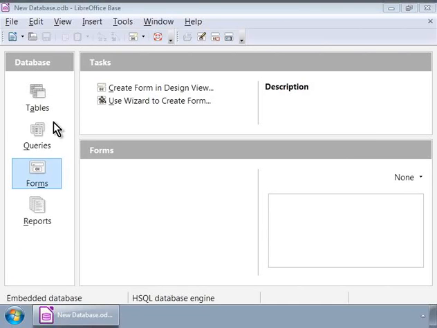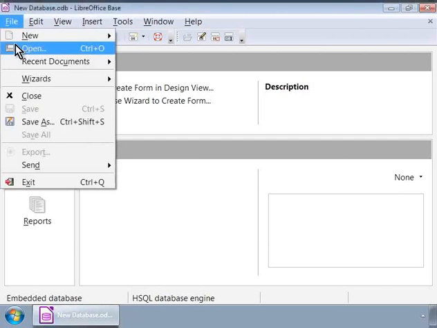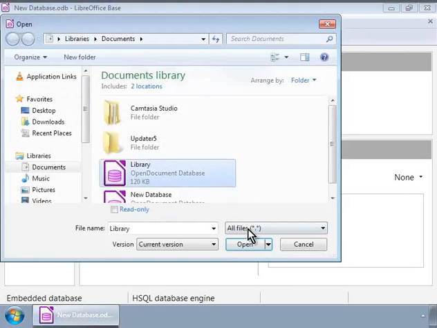Let us first invoke the LibreOffice Base program if it's not already open. And open our library database by clicking Open under File menu.